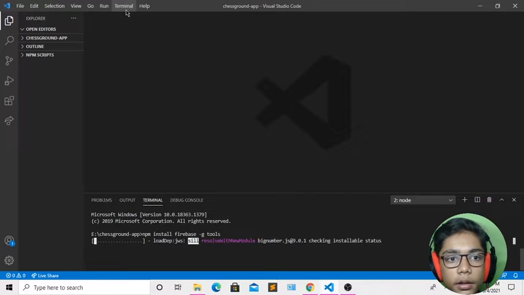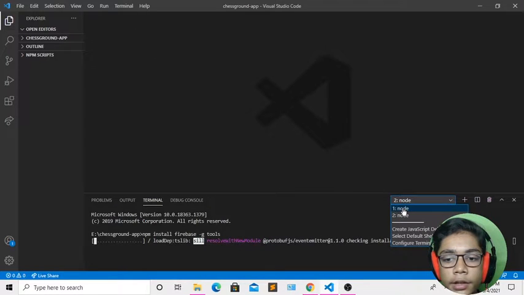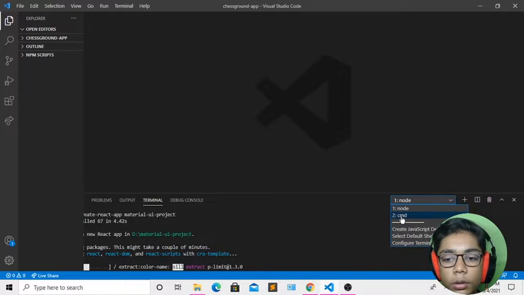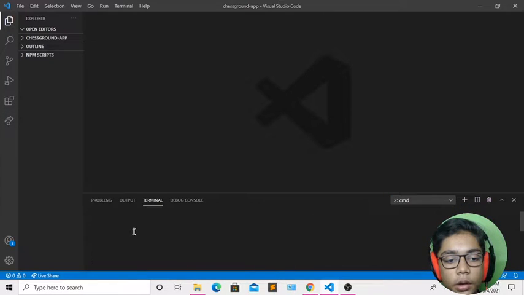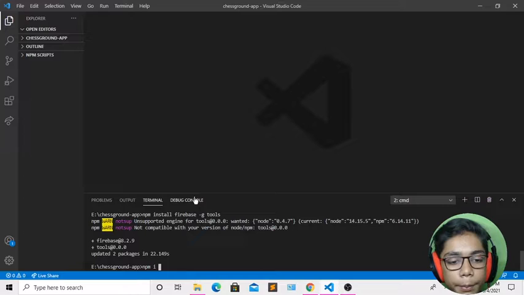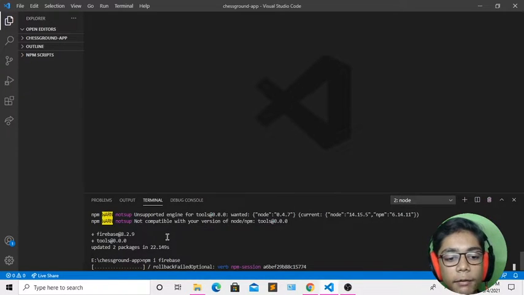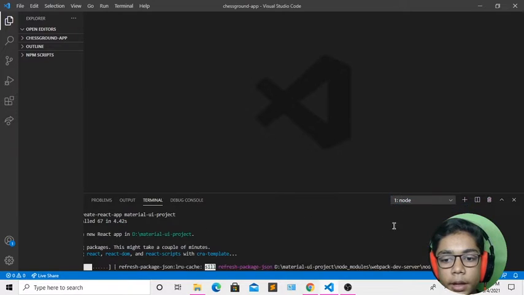While it is downloading, I'll go to my previous terminal in which I am downloading my React app. You can see it is still downloading, because it is collecting the data and downloading React DOM, React Scripts, and the templates we need. Then I'll go to my second terminal, and you can see it has downloaded our Firebase tools. Then I'll write npm i firebase, which, like I told you, is a short form of npm install. When you've written that, you have to wait because it's installing. Then I'll go back to my first terminal and check whether my React app is created or not.